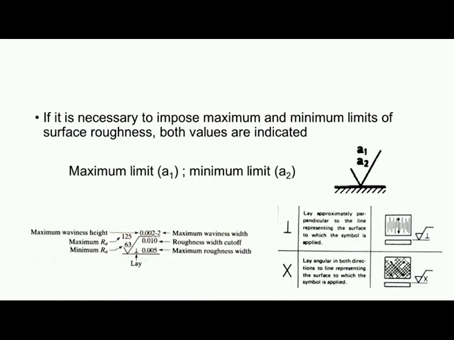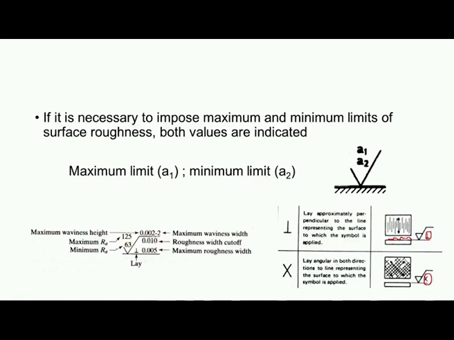So this is to indicate the lay. Now this is the surface under question, and then we have used this symbol. This indicates that some machining operation is required, and it also shows the lay direction. That means, for this particular surface, the lay is perpendicular. That means perpendicular to the direction of lay we have to measure the surface roughness, and this shows that the